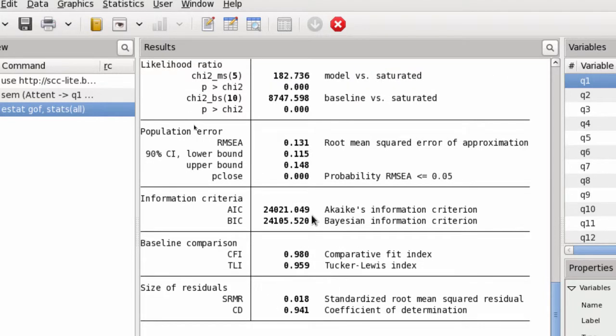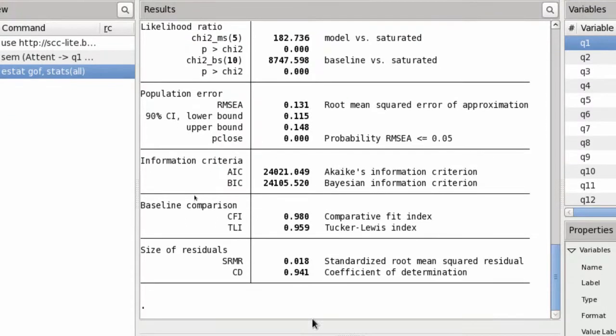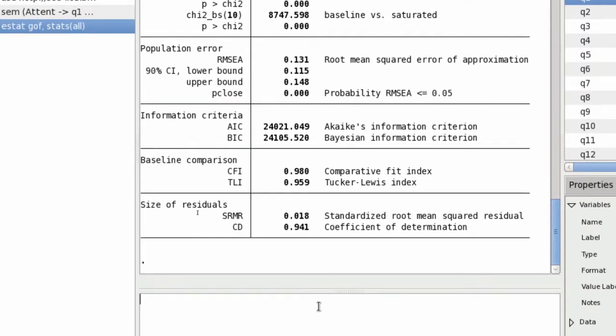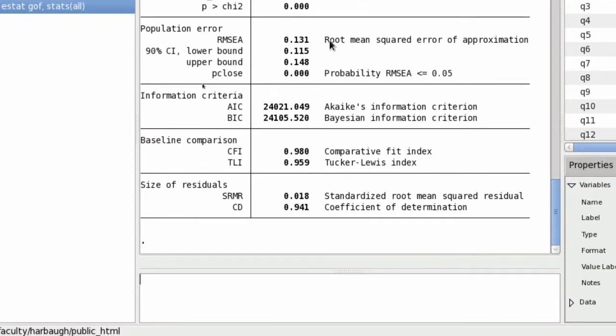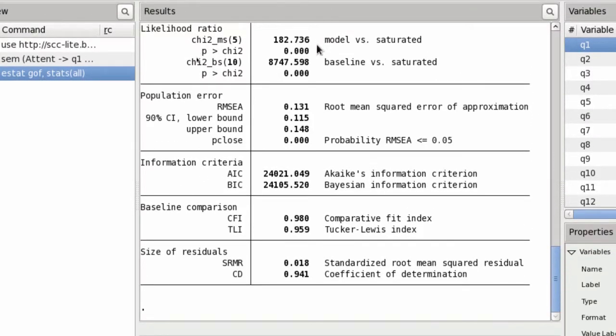The CFI and the TLI are 0.98 and 0.959. Oh, and then one more, the SRMR is 0.018. Let me see if I can scroll down a little bit. That's probably the end of this information. Okay. All right, so what we know, unfortunately,